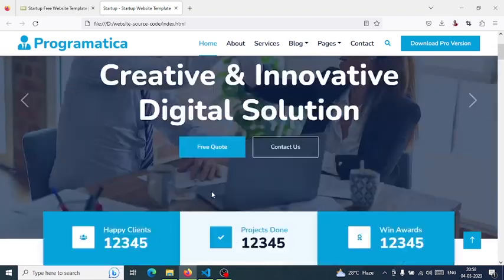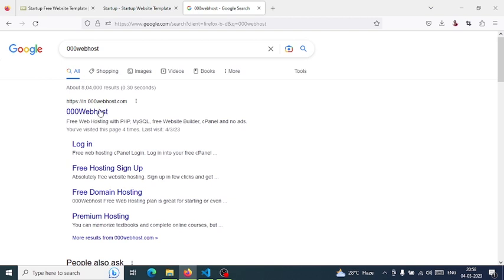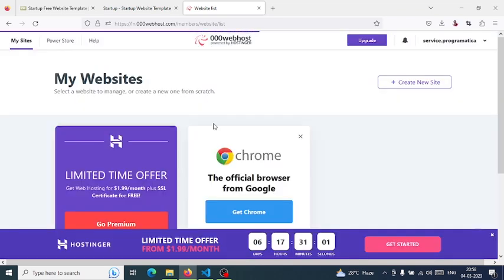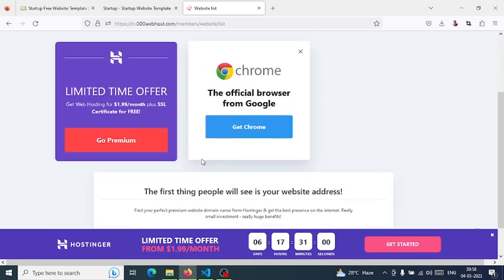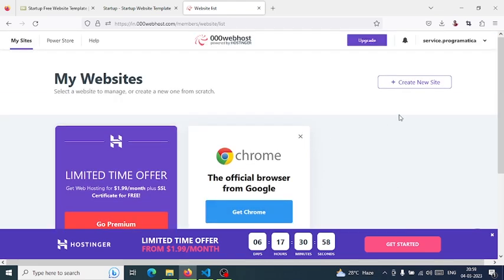So let's upload the files to the remote server. For that, just go to 000webhost and create a new account here. As I have already created my account, I am signing in with my existing Gmail account. After successfully signing in, you will be redirected to the website list. The websites created by you will be listed here. As you can see, I haven't created any website, so that is why no website is listed here. To create a new website, click on the create new site button present on the top right corner